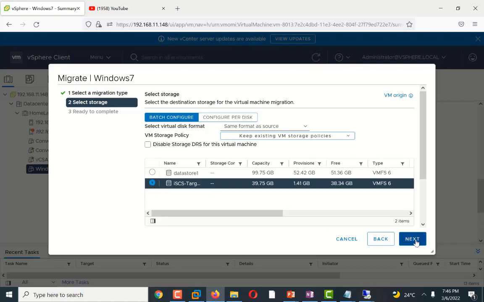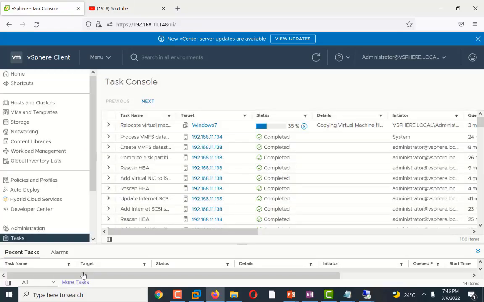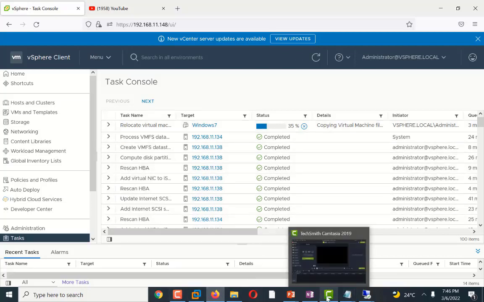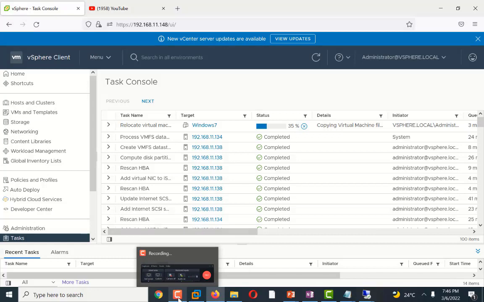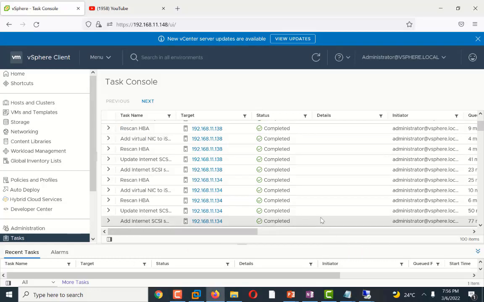So as you can see, it will reallocate the storage. So I pause the video and come back when this conversion is completed. As you can see, now it will list down all the items I have created: reskin, HBA, add internal storage. So it tracks all my completed steps. The last step is to reallocate the virtual machine. So in this way, we easily reallocate the virtual machine.